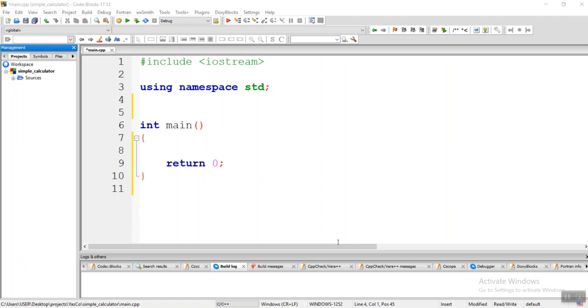In this edition, we are going to design a very simple calculator using the four basic arithmetic operations: addition, subtraction,